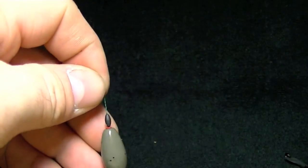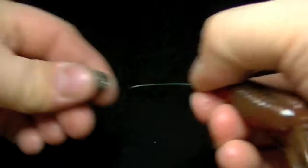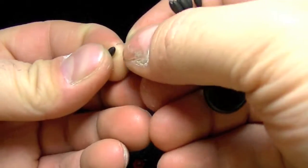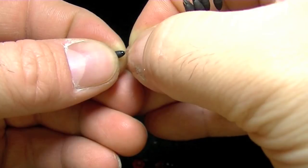Let me show you real quick how to save your bobber stoppers, so if you run out of bobber stoppers while you're out, it kind of stinks. You have to use pegs, stuff like that. Now the hole in this is super small. If you take the piece that you got and you lick the back of it, or just put a little bit of saliva on the back, if you get the tip of this back in that hole,